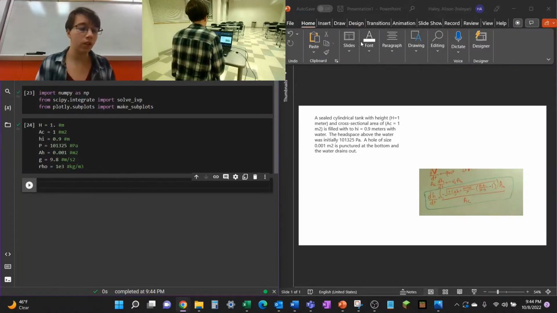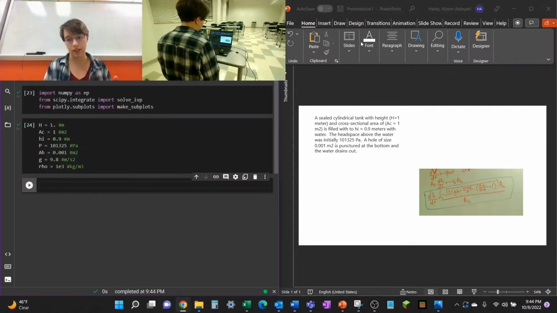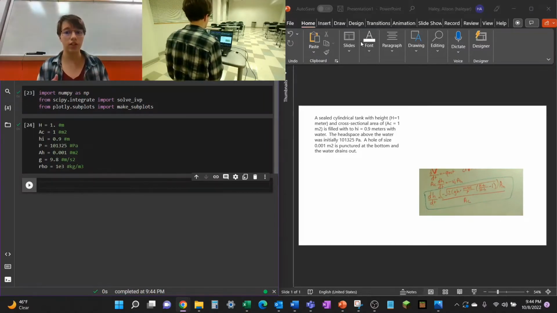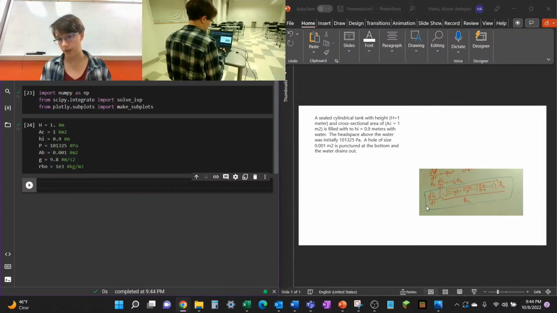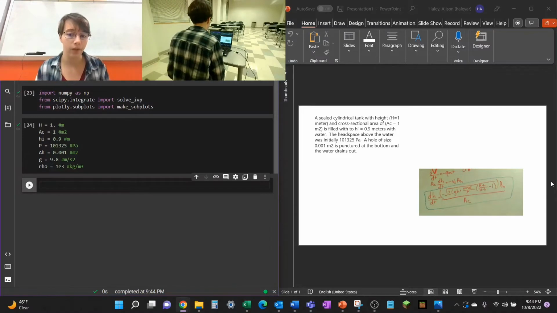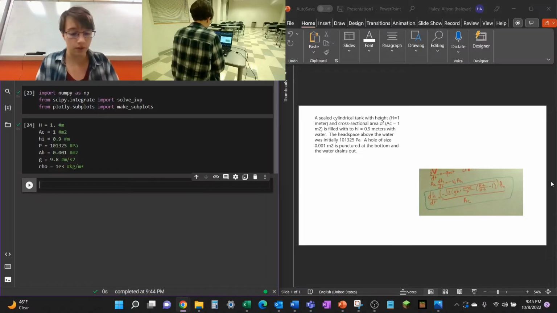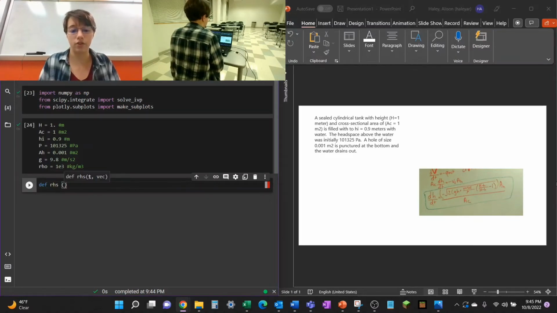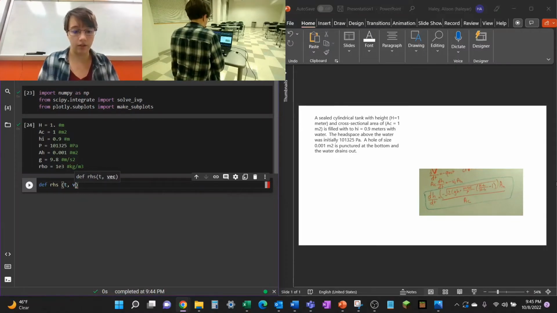And next we're going to start working on our solve_ivp. solve_ivp takes in a function that it then solves, and this function needs to be defined in certain ways. Our dh/dt is equal to this whole right-hand side, which is how we have our equation solved, so that's good. And then it also takes in vectors and stuff. I'll show you. So first we're going to define our function. We'll call it rhs for right-hand side. And this function is going to take in our independent variable, which is t, and it's also going to take in a vector of